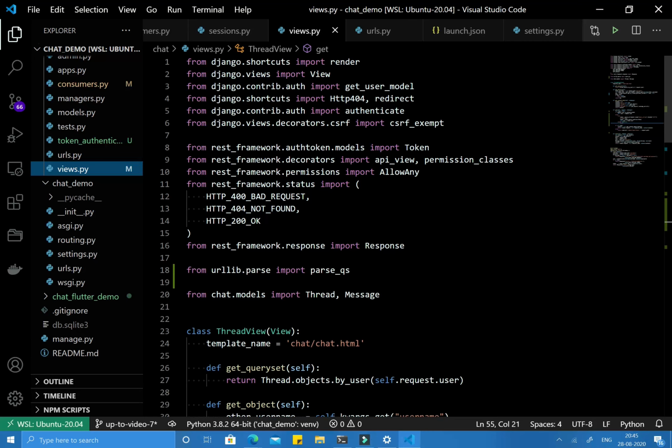So let's get started. To understand token authentication with WebSocket, we must have implemented token authentication in our Django application, where a user can log in using username and password and get the token. That token will be useful to send while connecting to WebSockets, right? I'm not going to implement token authentication in Django in this video, but you can go to my Django REST framework series, where we have a dedicated video for token authentication, right?